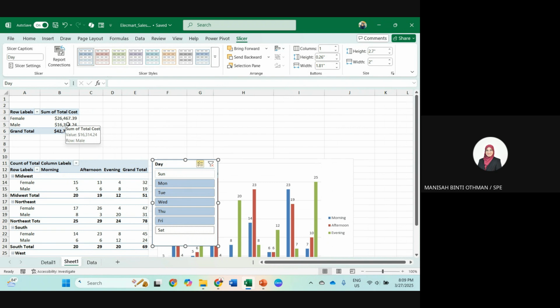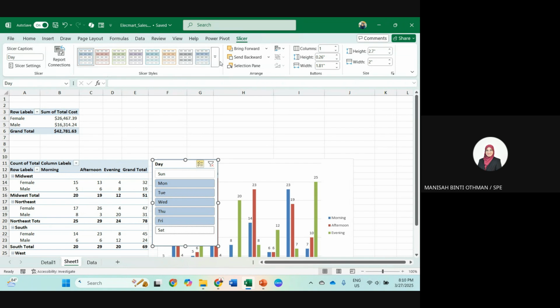But if you use a filter, then you have a different filter for each table. For reporting, for previewing the report, slicer is better compared to filter, but it needs more space.